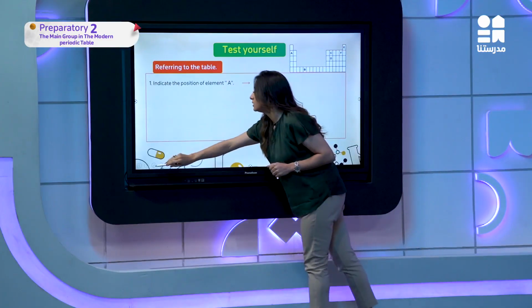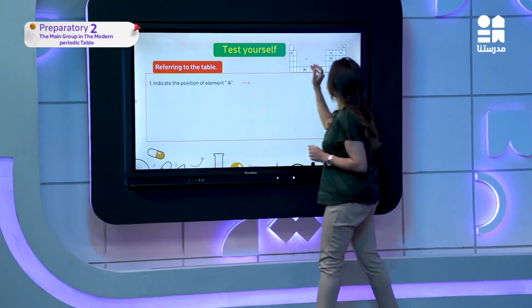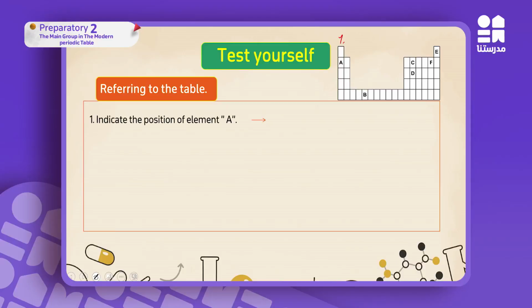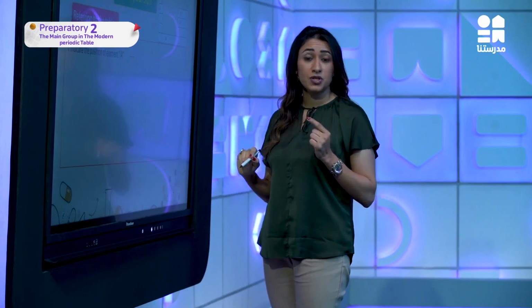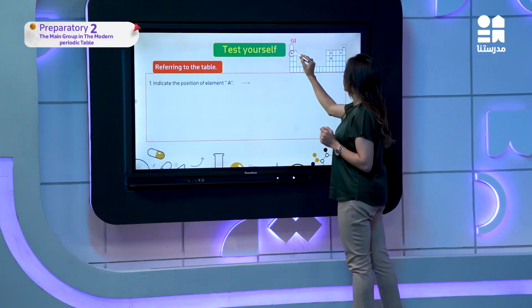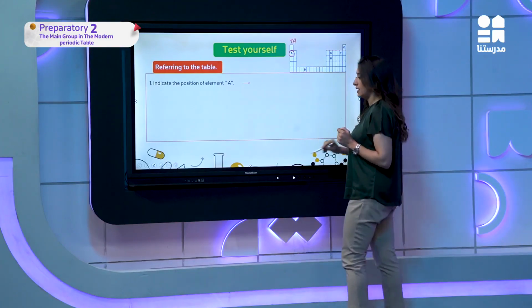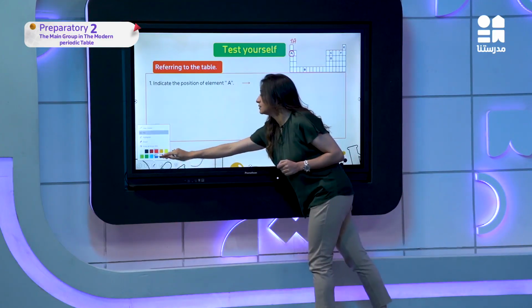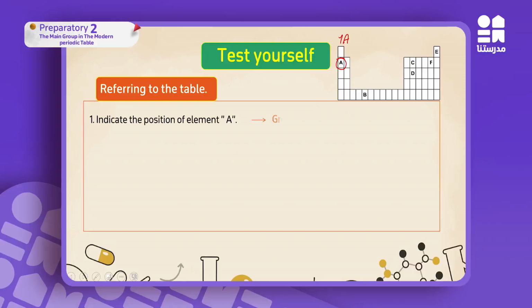It is found in group 1A. Okay? So what is the position? نفتكر مع بعض تاني. Position يعني group and period. It is found in the second period in group 1A. So I will say group 1A period 2. طيب السؤال التاني, which element among A, B, C, D, E and F is not chemically